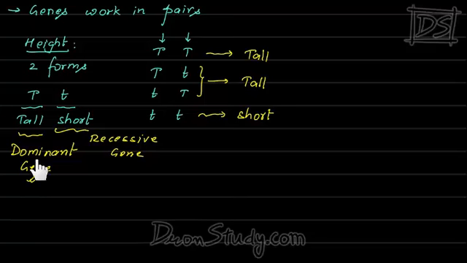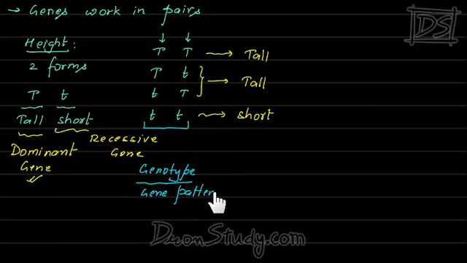So it's quite simple. Actually, if both are tall, then it will be tall. If both are short, then it will be short. But if both the types of genes are present, then the organism will inherit the properties of the dominant gene. Here, we also use some different terms. This one that we have here, how these genes are in the organism, when we talk about this, it is called genotype. Genotype means gene pattern.